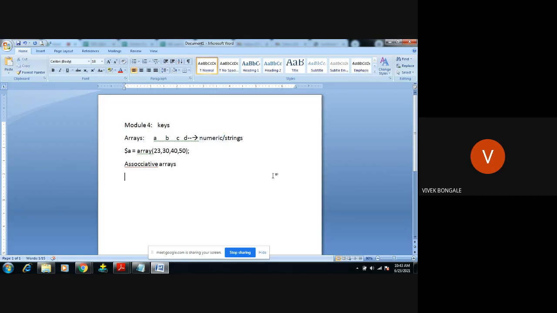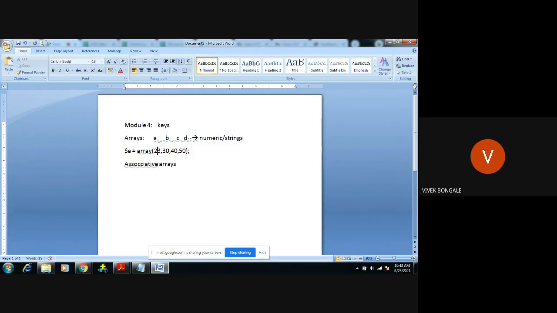Okay, so till now what I explained, arrays: if you want to give more than one value to the same variable, we're going to use a concept called arrays. Right, in memory, how will it be declared? Each value will be given one index value, and with the help of that index value, we're going to get these values. In all programming languages, the index value will be numeric, an integer from 0 up to n minus 1.